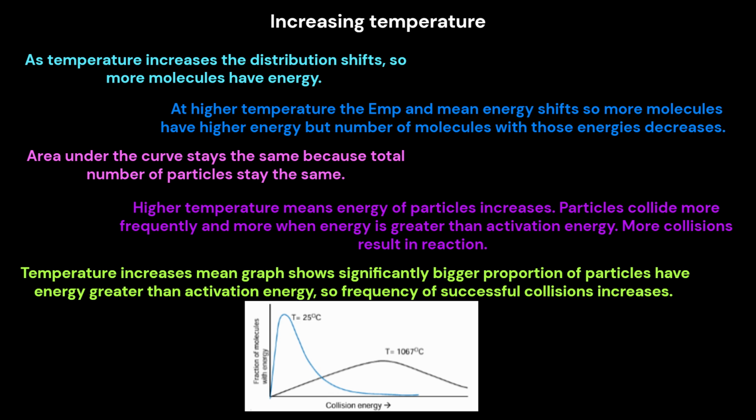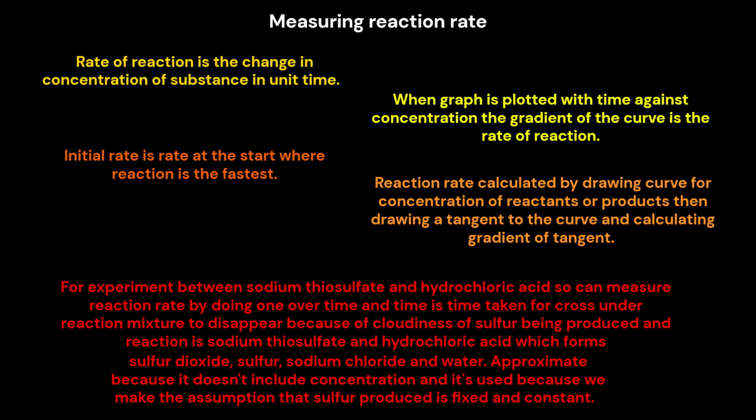collisions increases. Measuring reaction rate. Rate of reaction is the change in concentration of a substance in unit time. When a graph is plotted with time against concentration, the gradient of the curve is the rate of reaction. Initial rate is the rate at the start, where the reaction is the fastest. Reaction rate is calculated by drawing a curve for the concentration of reactants or products, then drawing a tangent to the curve and